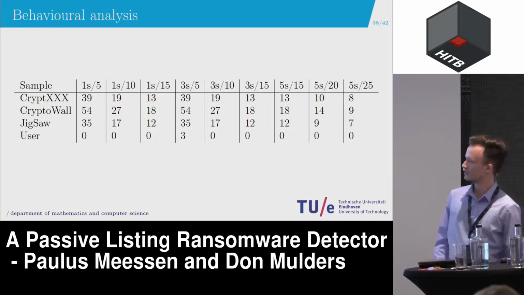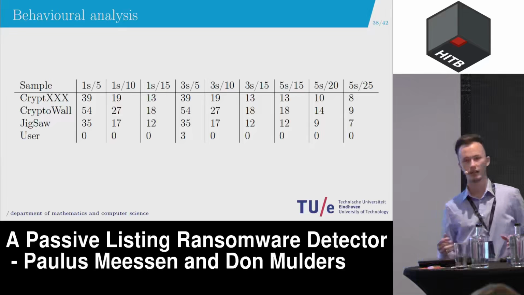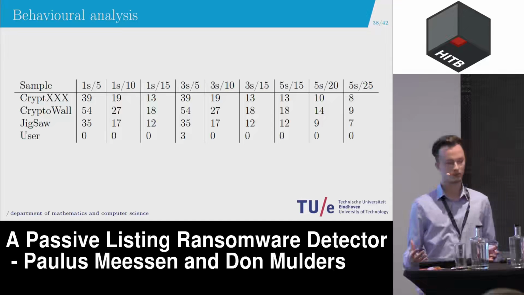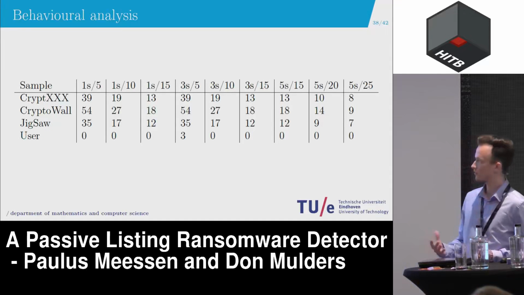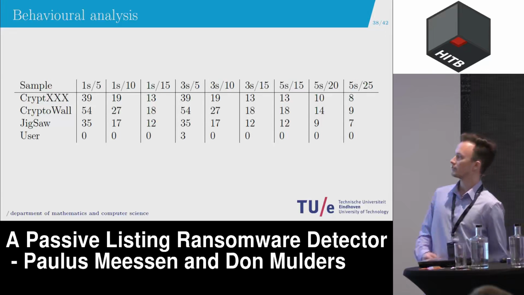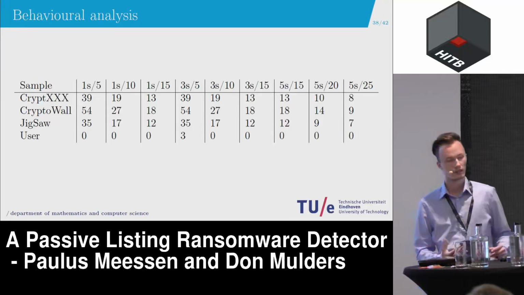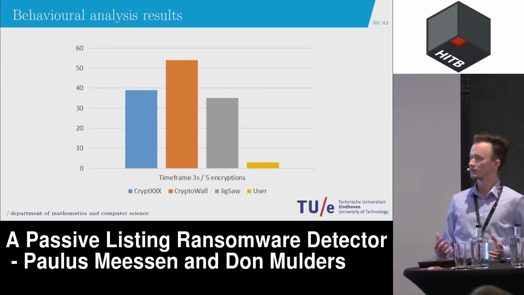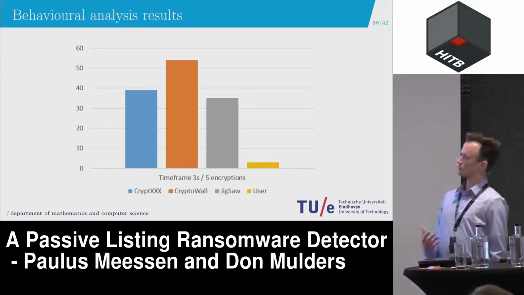What's interesting here is that the user had mostly zeros. This is because the encryptions that the user did were either far apart or just not enough encryptions were performed within the time span. There's only one instance where we can actually say, okay, the user is detected. But if we go to the next slide, we can see, well, the difference is so much that we could do a second